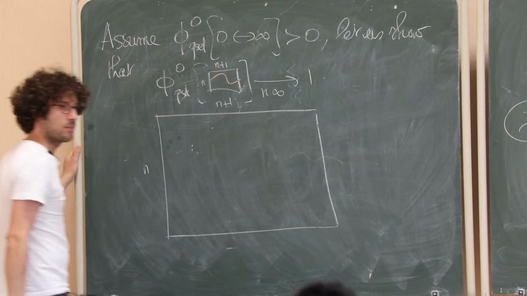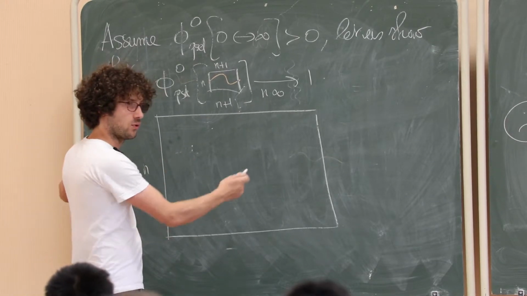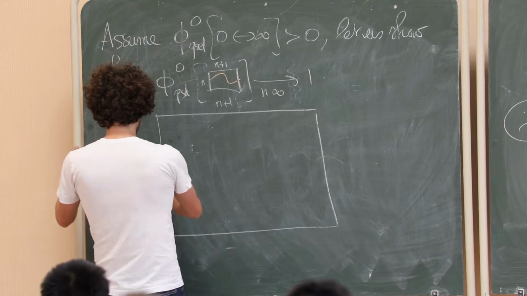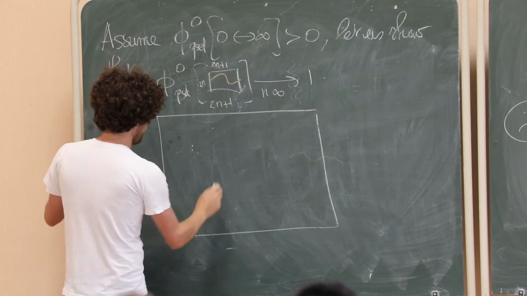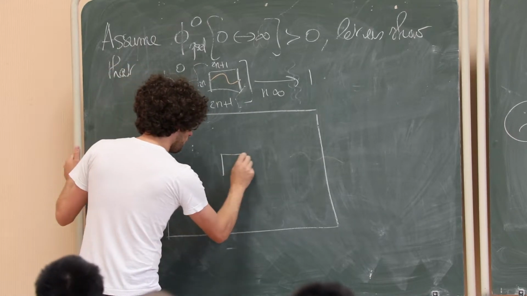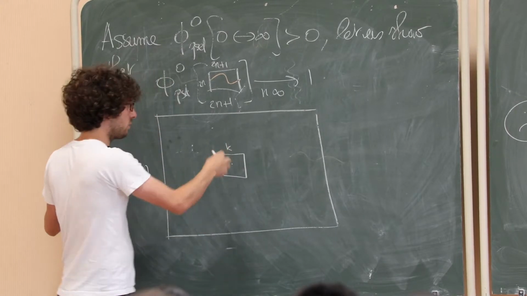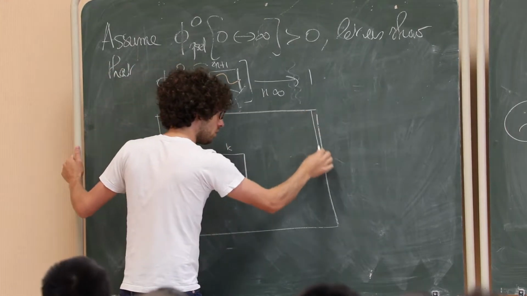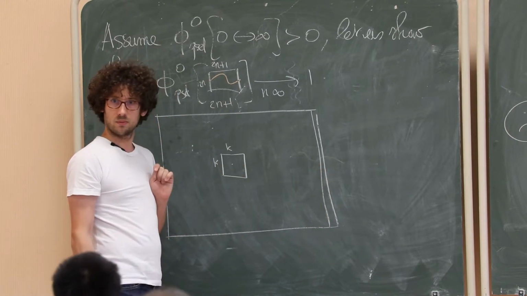So take an n by n plus 1 box, maybe 2n by 2n plus 1 if you don't want, and here let's put them. This is really a tiny detail, but 2n by 2n plus 1, and take a box here of size k times k, which is centered on the center of this square box. Okay?